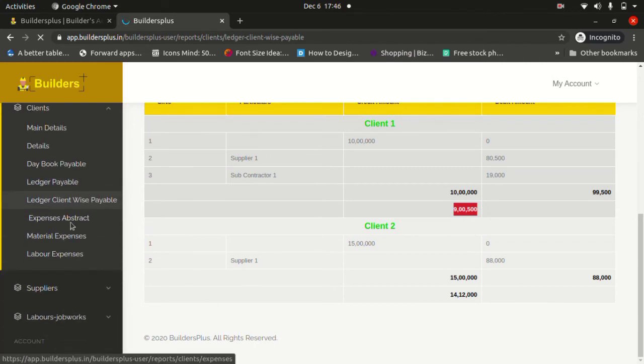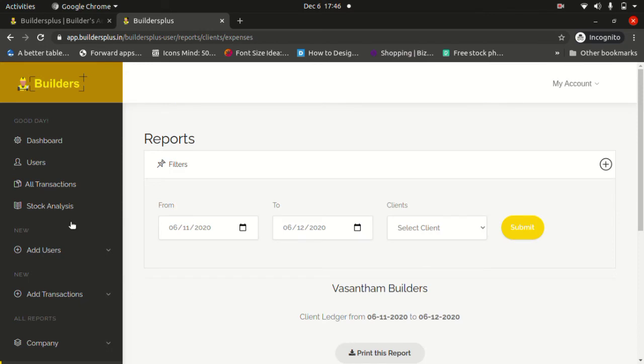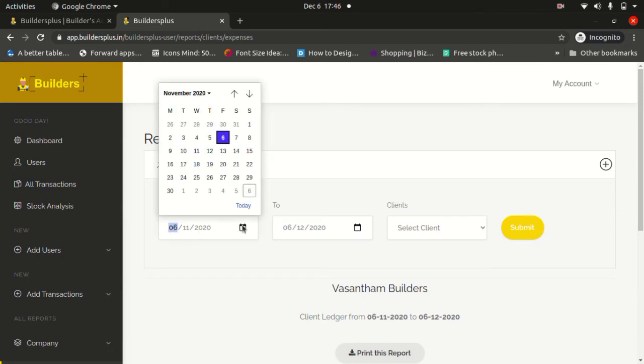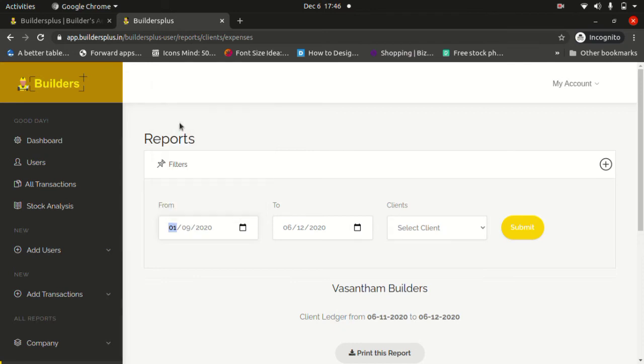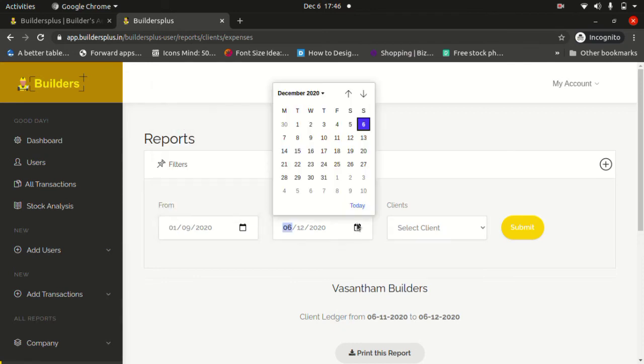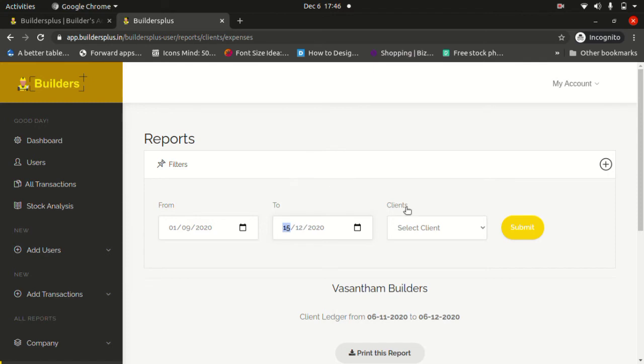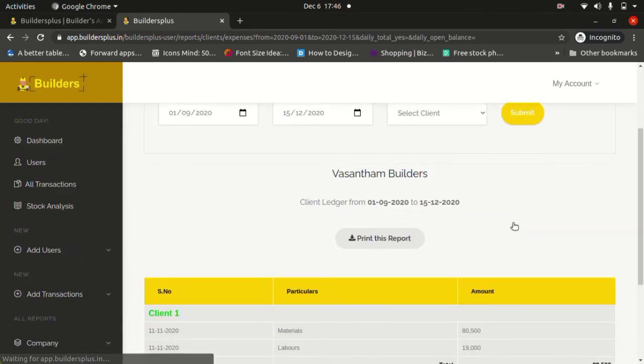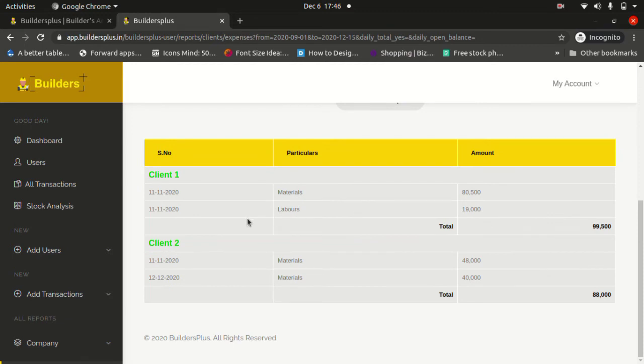Expenses abstract. How much expenses did we make? Let me pick the date, because I have used this application for a long period, so let me change the date so that I will get a clear report. Okay, see, for client 1 on 11th November, for materials we spent 80,500.